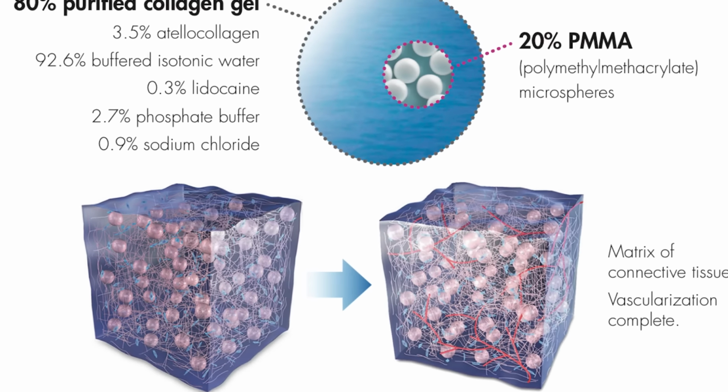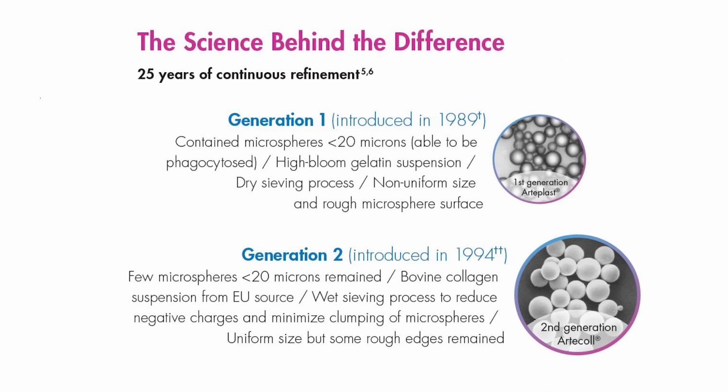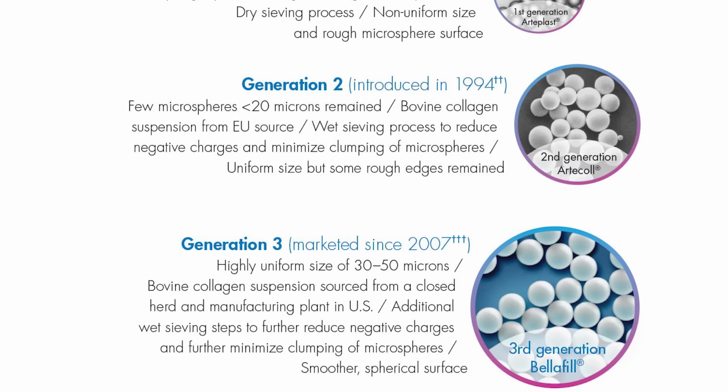Each syringe of Bellafill is made up of 80% bovine collagen and 20% PMMA microspheres. PMMA stands for polymethyl methacrylate. These tiny spheres have actually been used in the medical field for over 65 years. What's happened is they've now incorporated these microspheres into a dermal filler, and really this started back in 1989, around that time. Back then it was called Artecoll and Artefill, and over the years they've refined the quality of this filler product, and its third generation now is called Bellafill, which started to be marketed in the